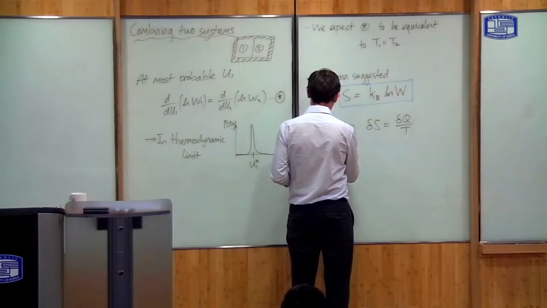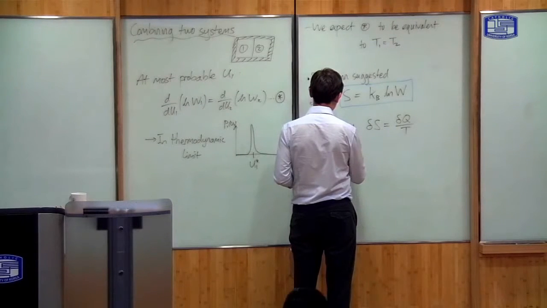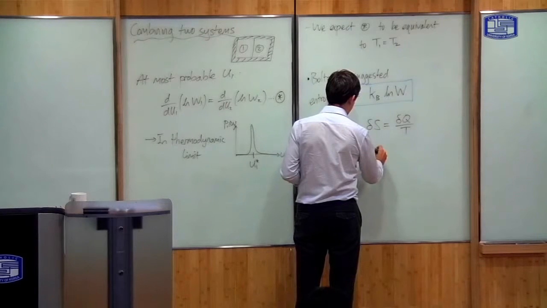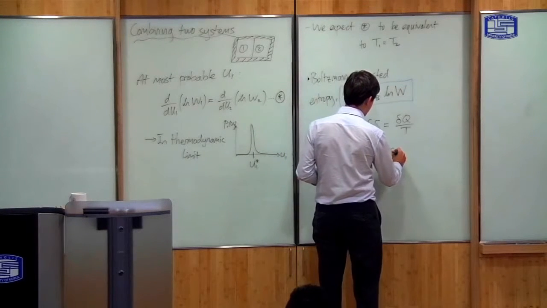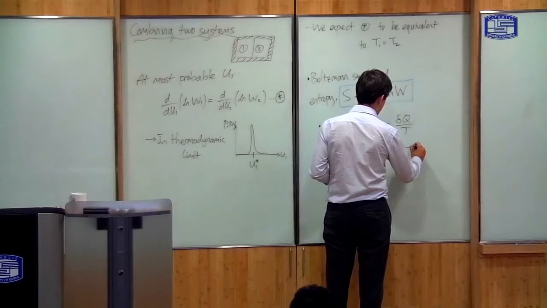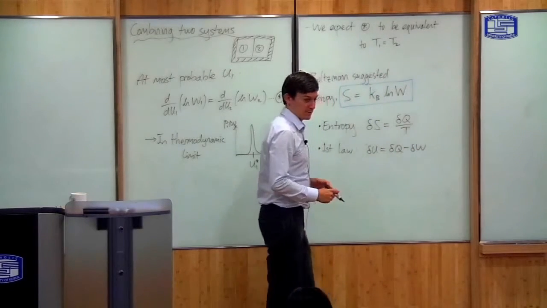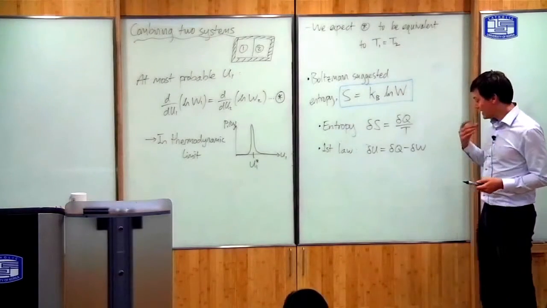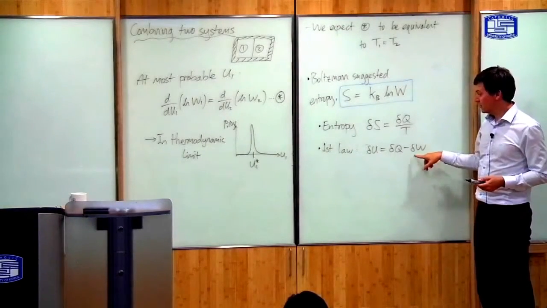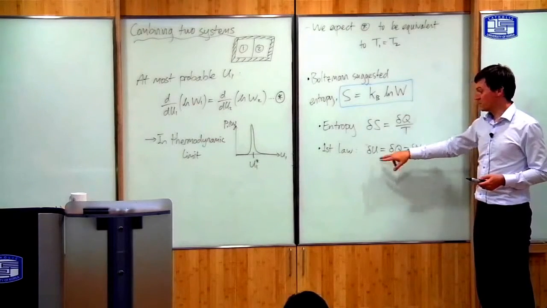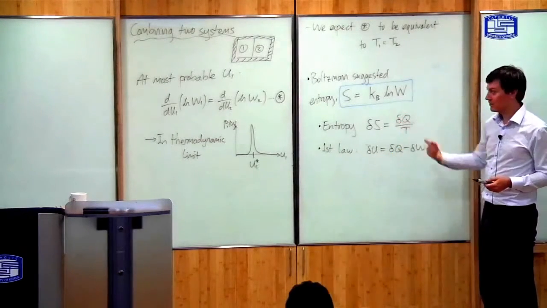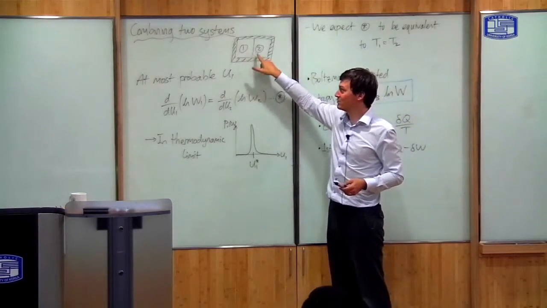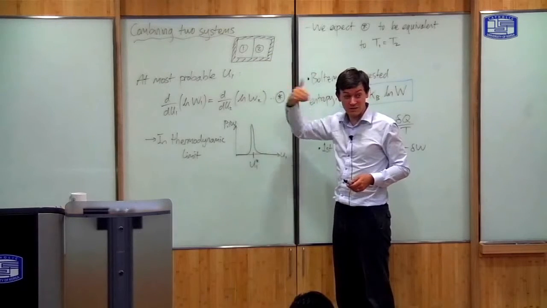Okay. You also have the first law of thermodynamics, which says that if I change the energy of the system by a little bit, then this is equal to delta Q minus delta W, where W is the work done. So if the system does no work, then the change in internal energy is simply the amount of heat transferred. And this is the case that we're talking about here. We haven't considered the case where the systems do work, so the only transfer of energy is the transfer of heat.